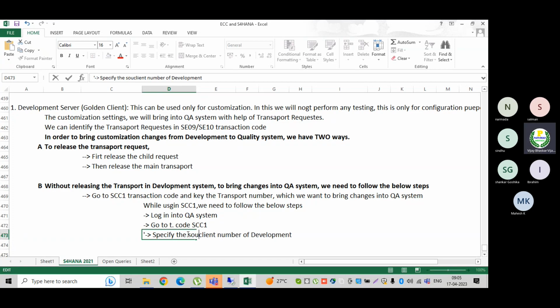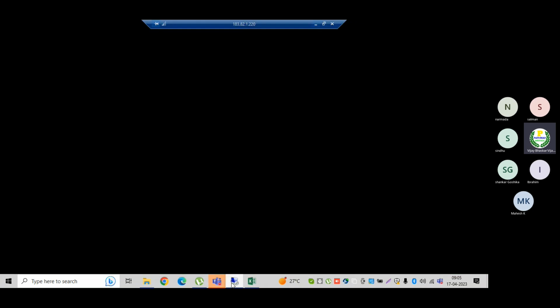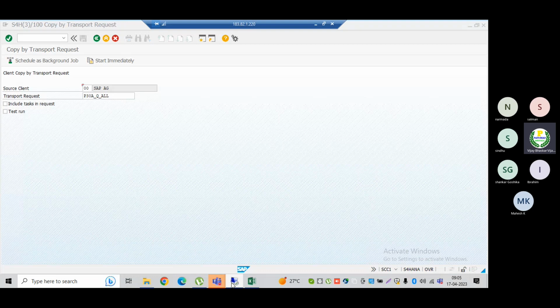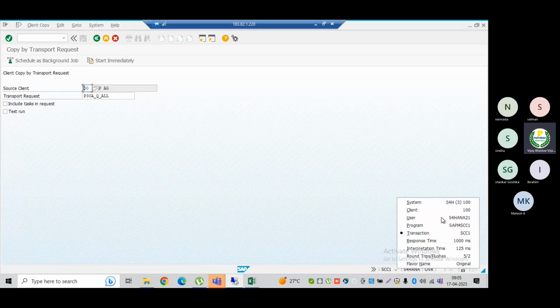I'll put it as a source client. What is the source client? Source is nothing but where you have created your transport requests. Okay, so I have created my transport requests in this client. What is this client? This is the 100 client. This is my development system.